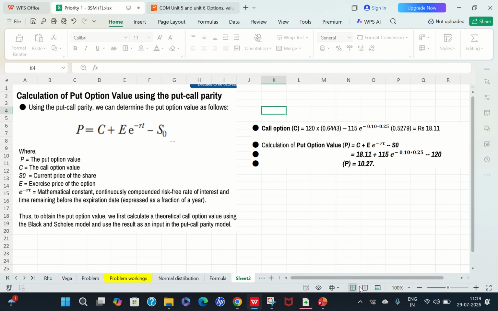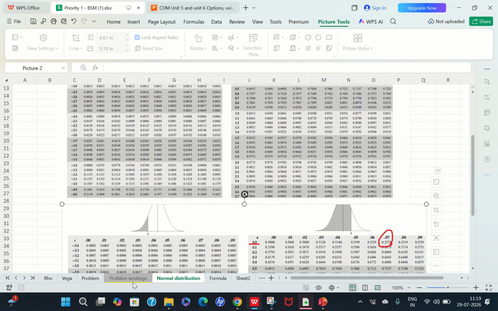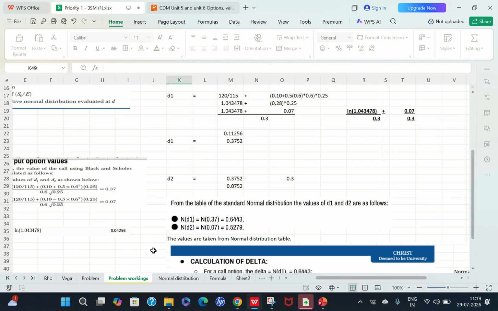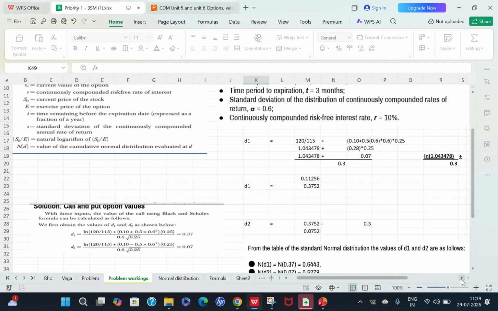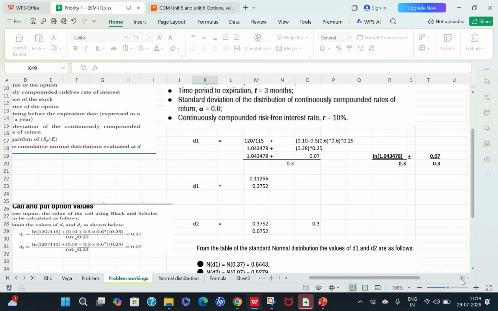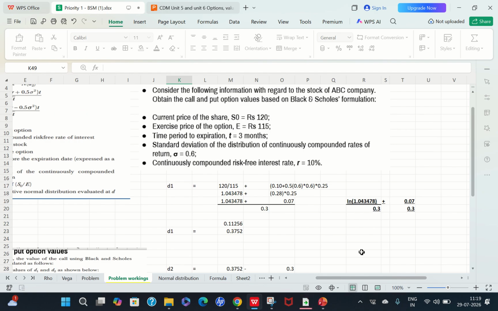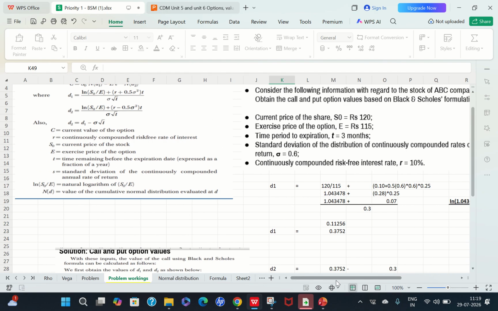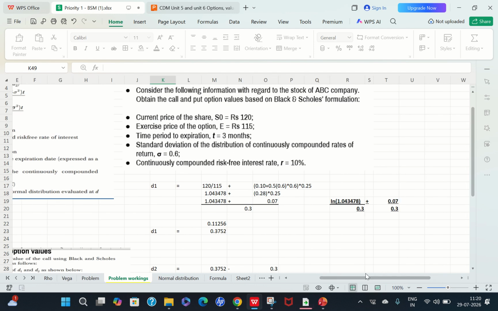So in terms of the Black-Scholes model, the D1 and D2 numbers are to be determined first. In terms of D1, all the formulas just remain the same. For the first term, 120 by 115, you need to understand the logarithm, which will be given in the question paper. So the logarithm of